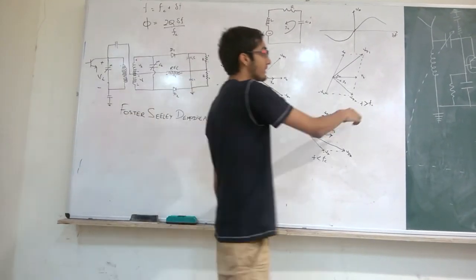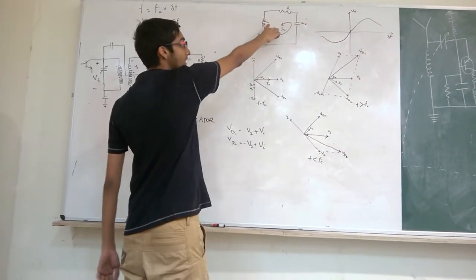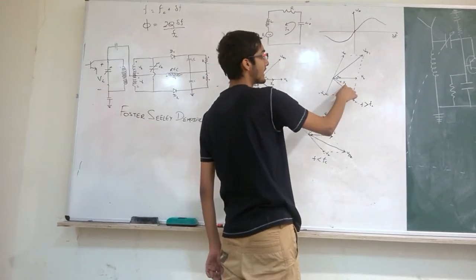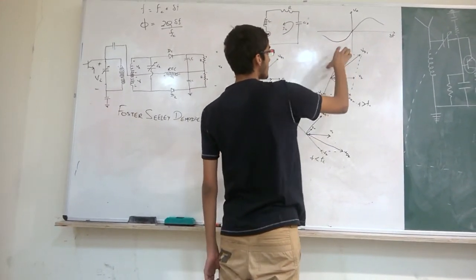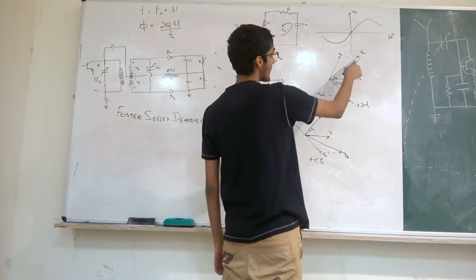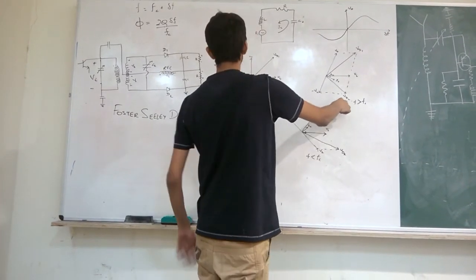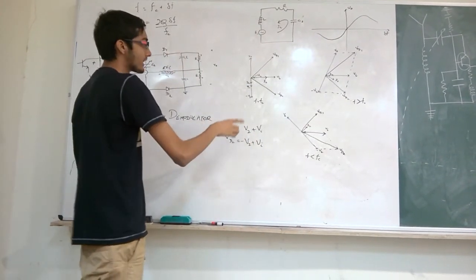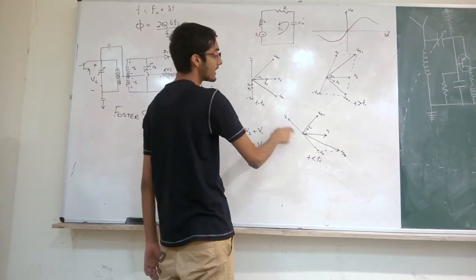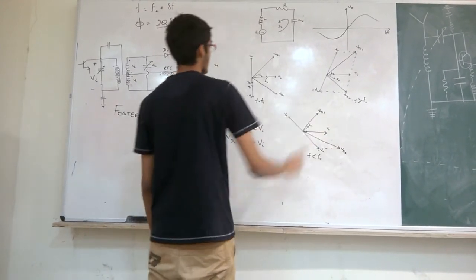Now what happens if the frequency is slightly greater than the natural frequency? Due to that, the reactance of L increases, due to which it becomes an inductive circuit, due to which the I2 lags behind E2. So the potential drop across the inductor is perpendicular to the I2, and we get VD1 greater than VD2, and hence the output is greater than 0. Similarly, if the input frequency is less than the natural frequency, it becomes a capacitive circuit, and we see that the voltage across diode 2 is greater than the voltage across diode 1.